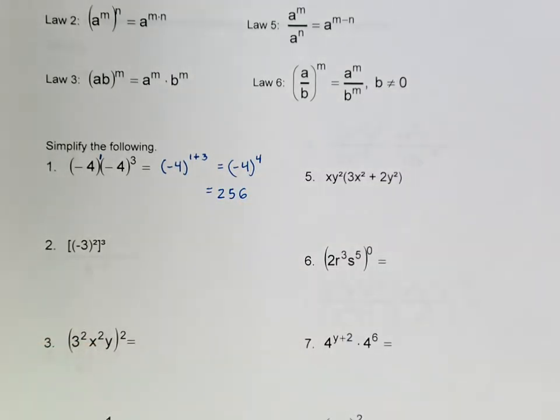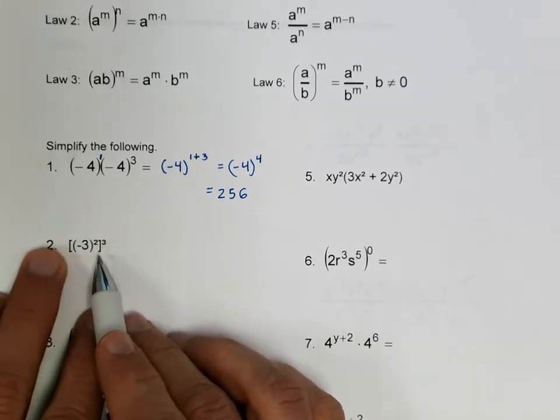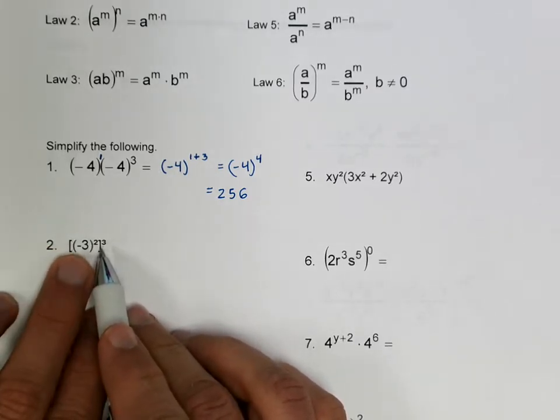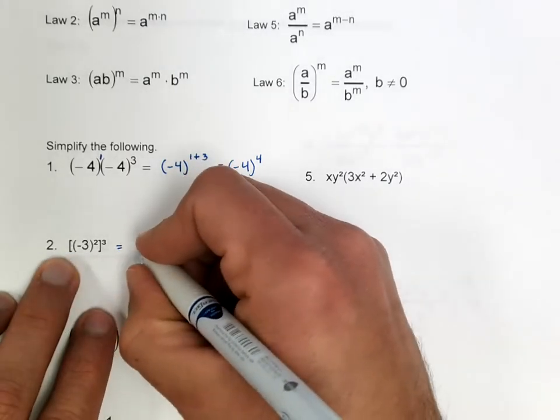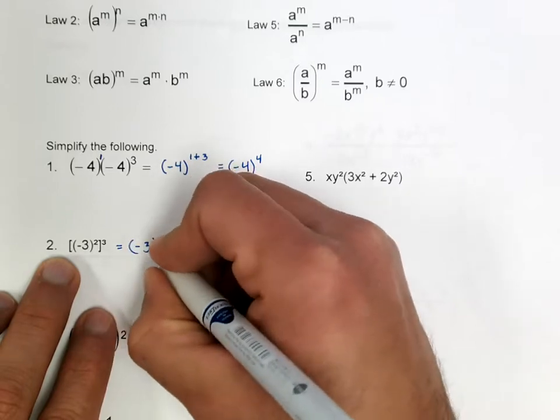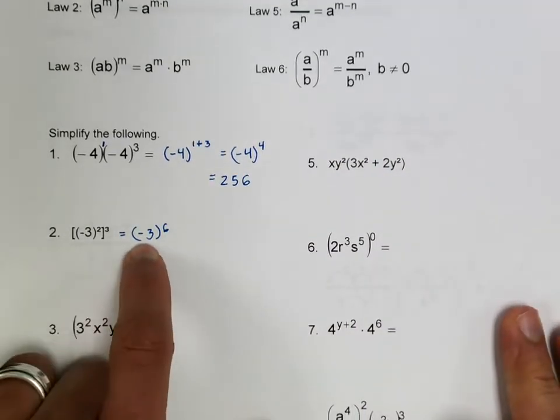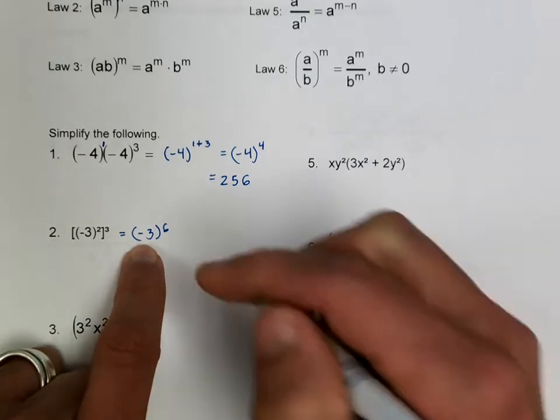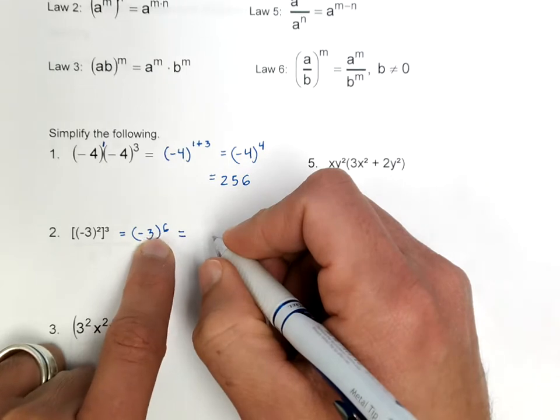Okay, on number 2, if you have this number raised to the 2nd power and all of that is being raised to the 3rd power, we're going to use law number 2 and we're going to multiply those powers. So we have -3 to the 6th power. And I know this is difficult to know, like I would have to use a calculator myself, so all you need to know about this is that because this is being raised to the 6th power,